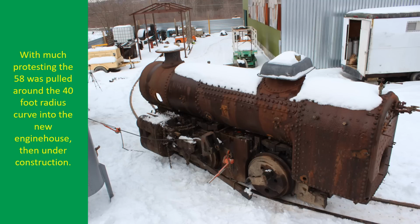And here it is. I'm pulling it around the tight 40-foot radius bend back to where we're building the engine house. The 40-foot radius curve here is kind of not ideal, but it was the only thing I could do in order to make the bend, because our property is in an L shape. I think we're going to have a lot of fun trying to get the locomotive around the curve. There'll be a lot of